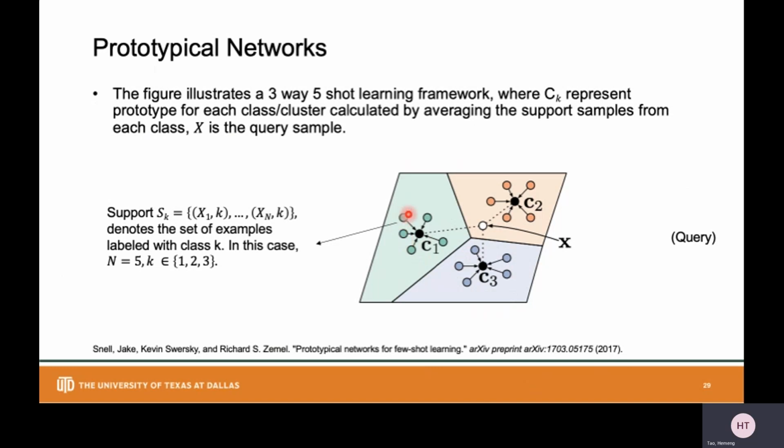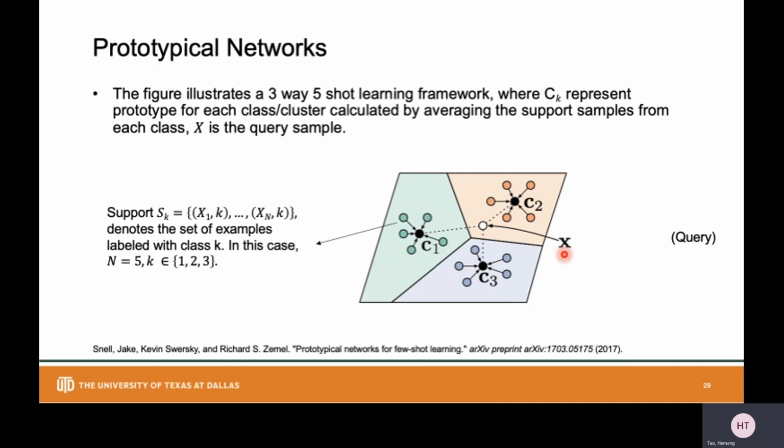The support samples are denoted by the round points in different colors for different classes.